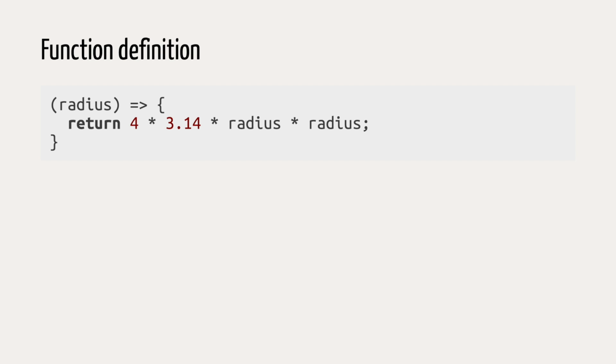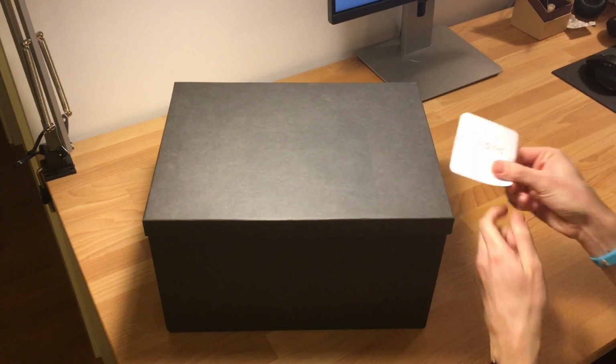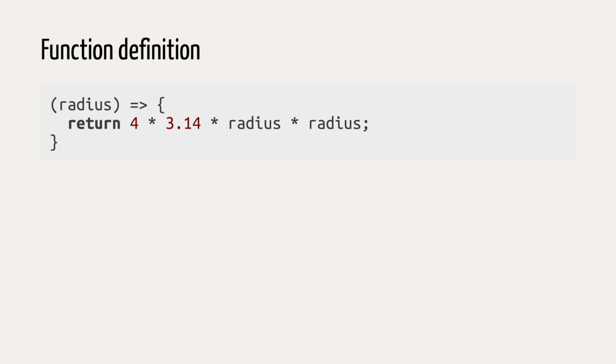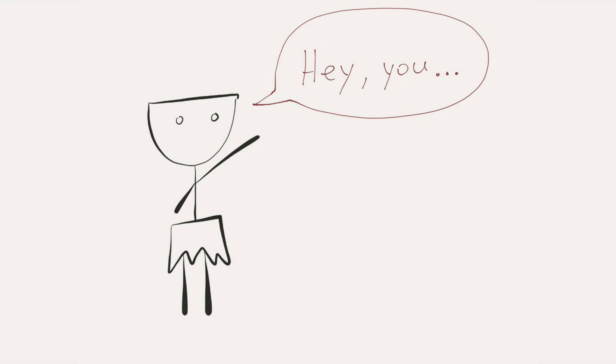The curly brackets create a block. You'll see blocks a lot in JavaScript and other languages too. They create a group of statements, and this is how we know where the function starts and ends. This function only has one statement. It starts with return, and then you see the already familiar formula. You probably already guessed that return makes the box spit out the result. The result of the calculation 4 times pi times radius is what the function returns to us after we call it.